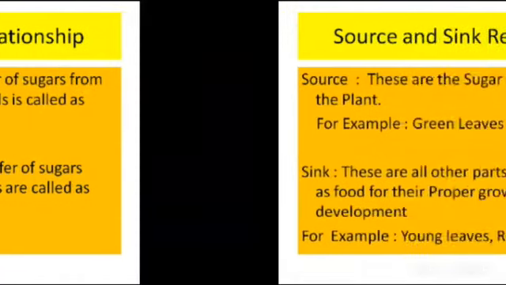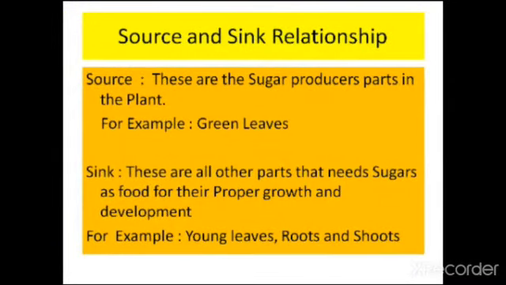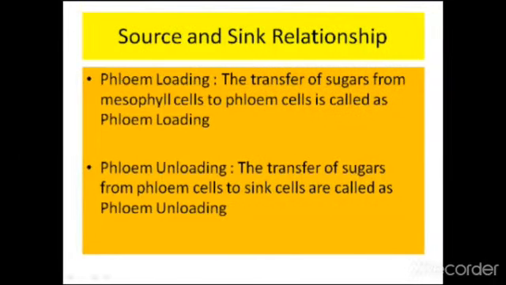So for transfer of the sugar that is produced in green leaves, there is a mechanism called phloem loading. So this transfer of sugars from the green leaves to other parts takes place with the help of phloem present in plants. The transfer of sugars from mesophyll cells to phloem cells is called phloem loading. Whereas when the sugars reach the sinks, the transfer of sugars from phloem cells to sink cells is called